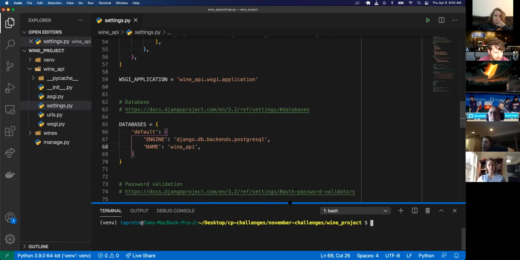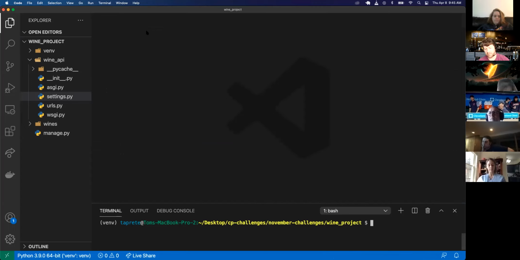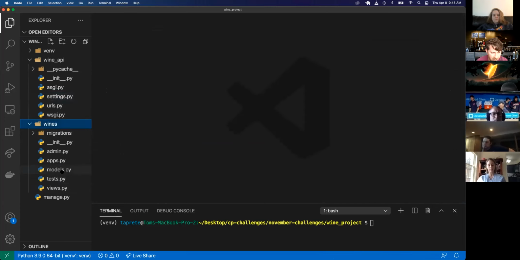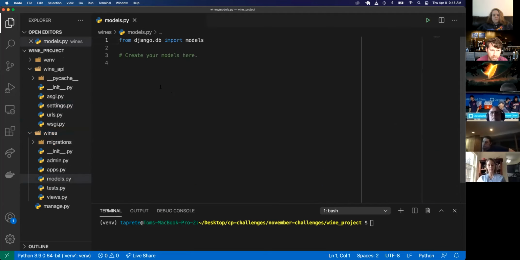All right. So we've created our settings, our database. We attached our Wines app to our settings.py file. We attached a Postgres database, and we created that database as well. Great. So now in our Wines app, let's go ahead and create our model. It's a pretty simple one. We're just going to create a class Wine